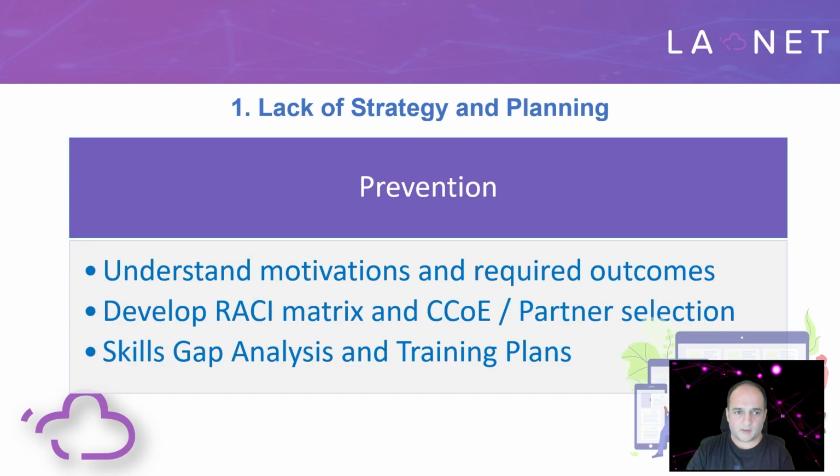So what can we do about that? To prevent these kinds of things, understand the motivations and required outcome. What is it that we're actually trying to achieve? How are we going to measure it once we've adopted the cloud? And also develop the RACI matrix and potentially a cloud center of excellence, and where a partner can fit into this if you need one. Those are things like who's responsible for those cloud adoption components internally,